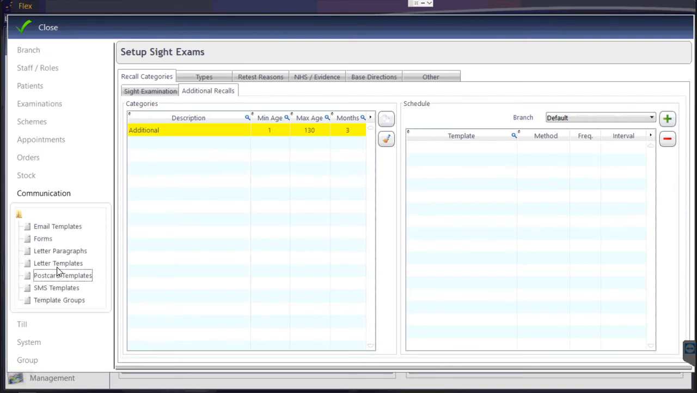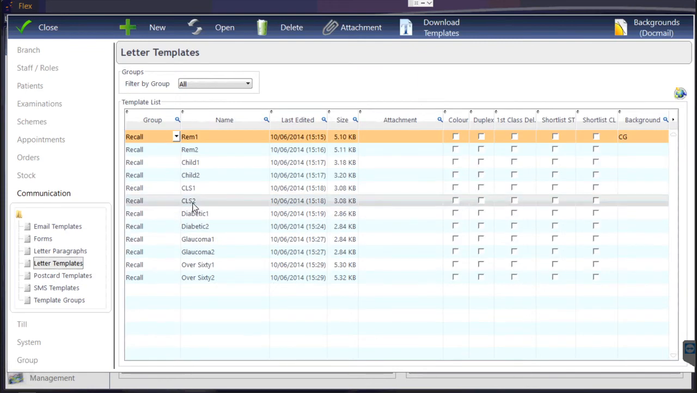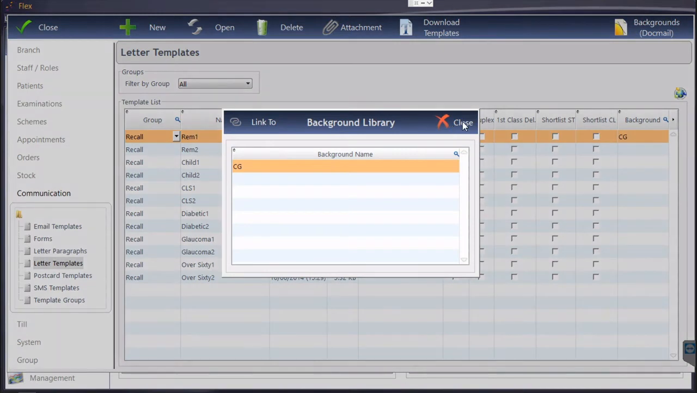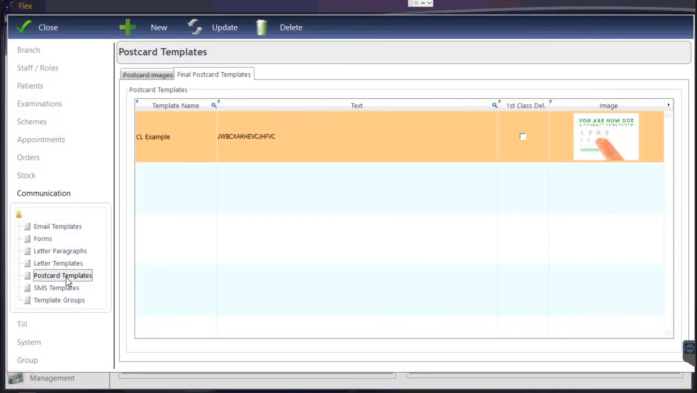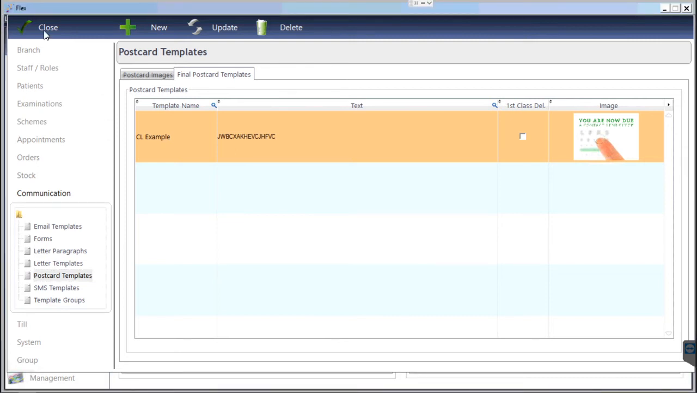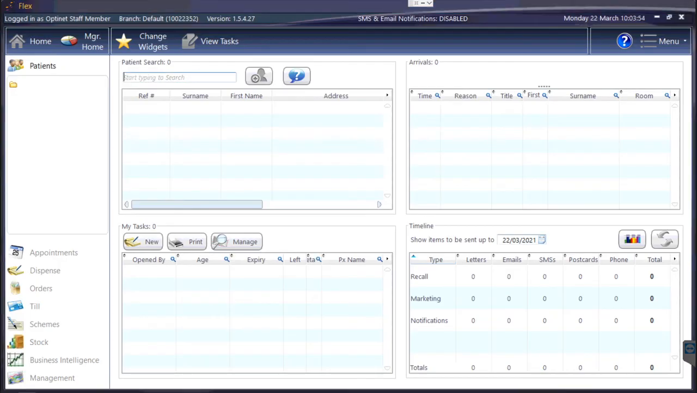So that's the letterheads which you put onto Docmail. You can do those through letter templates by pressing Backgrounds Docmail, and it'll link into ones which you've got. And also how you're able to create and send postcards through there. So looking at actually creating the run or doing it through Flex, if we just find a patient record, to